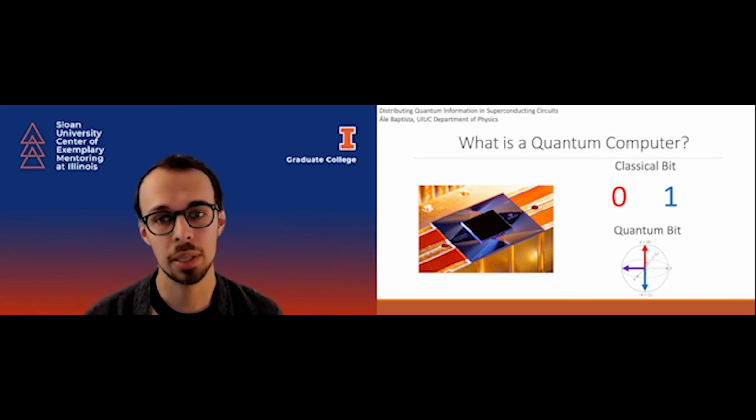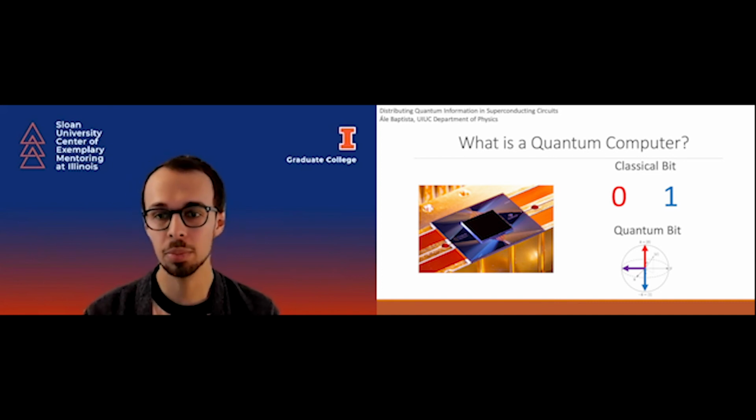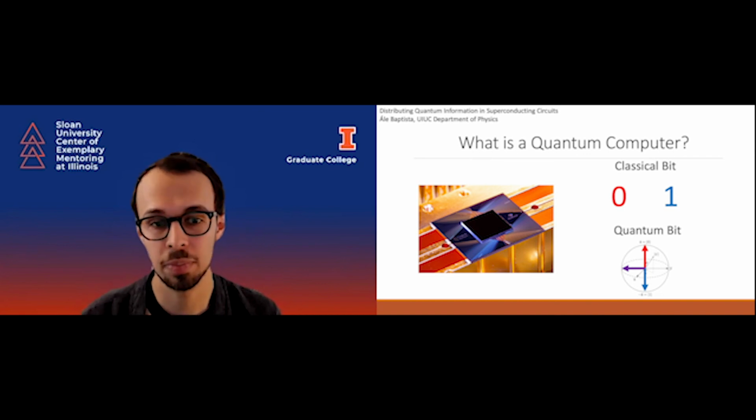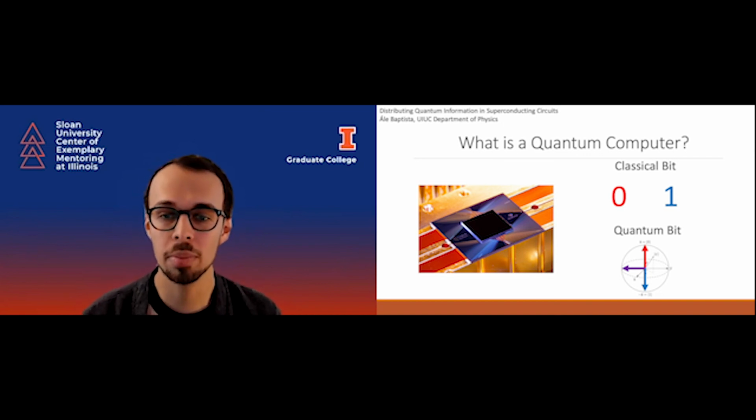Now, what's so special about the quantum bit? Well, let's revisit the classical bit to understand that. A classical bit is a piece of information. It can be either 0 or 1, and bringing many of these different pieces of information together can form complex pieces of information. In a very similar way, a quantum bit is a piece of information that can be 0,